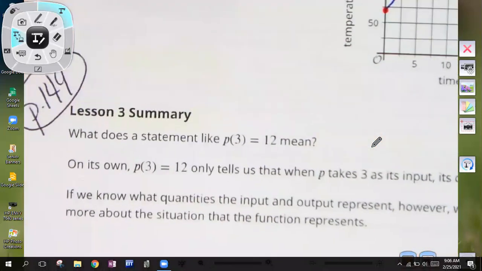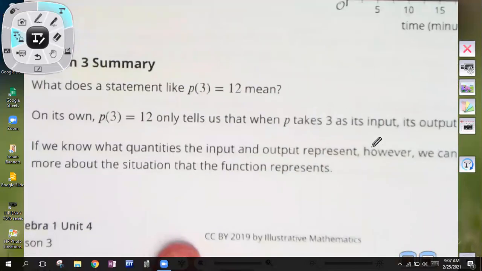It says, what does this statement, P(3) = 12, mean? Can we know what that function notation means if they just give us the function notation? Nope. All we know is the input and output. What's my input? What's my output? What's the name of the function? That's all we know because they didn't give us any variables or anything. That's all we can